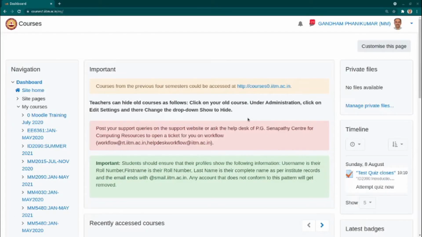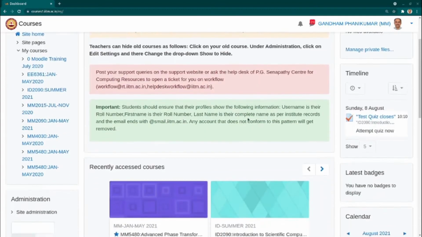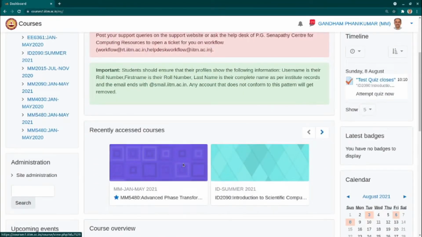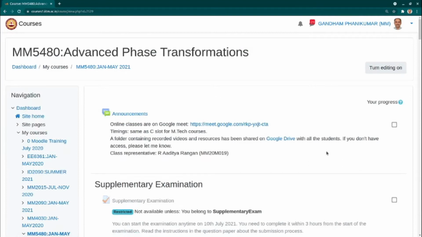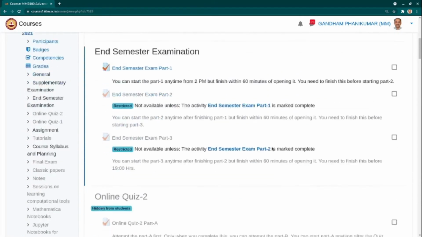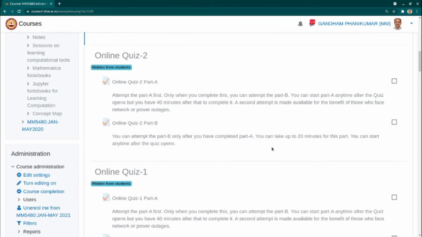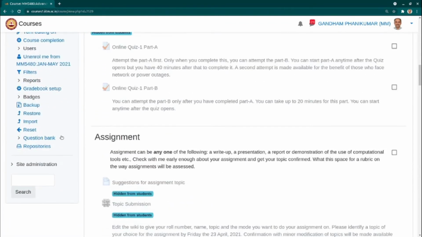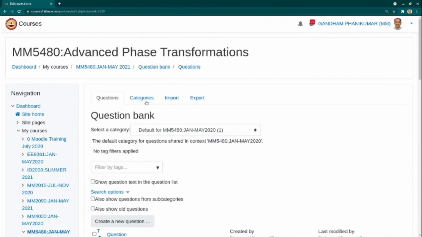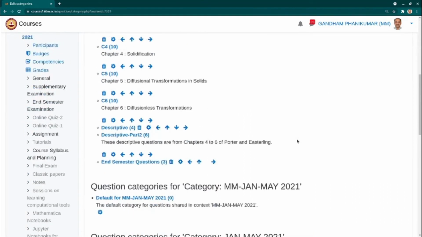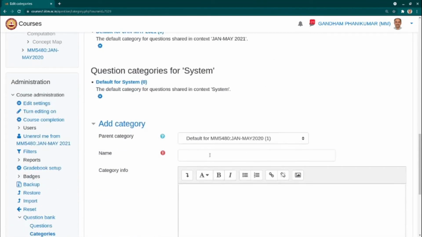Now let us look at a demo on authoring the questions. So for this, what I do is pick an old course that I have finished, so that I can go on to create something in that old course. Students are not there to look at it again now. So we go to the question bank, and we go to the categories and pick a category in which we would like to place this question.